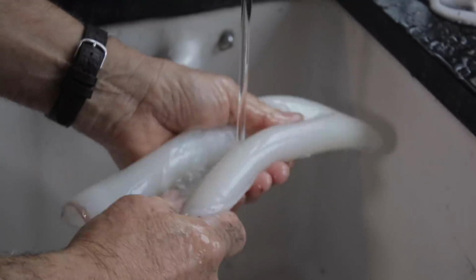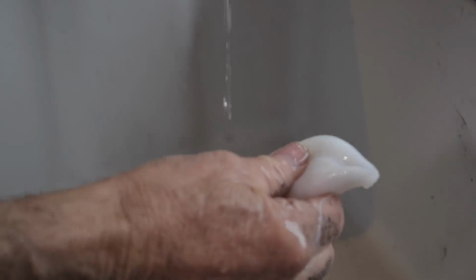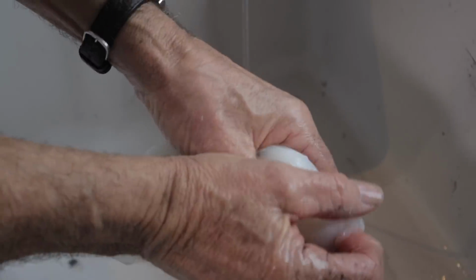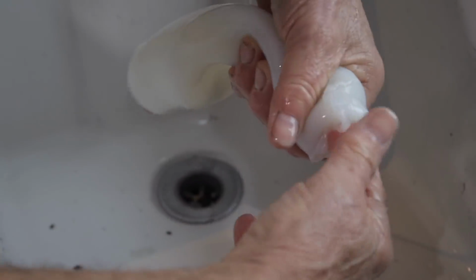Now, final trick that the guys down on the pier told me that they do. It's a bit fiddly, but it's well worth doing. You want to clean the inside out. If you get your thumb and you push on the pointed section here, now it might not work on this one because it is a fiddle to get started. There, look, I'm pushing my finger,